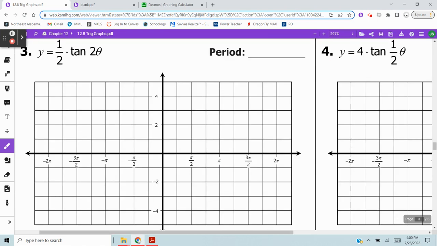Okay, we're going to do 2 more of these. On this one, we do have a vertical compression and we have a horizontal compression as well. The 2 is the only thing that's going to affect the period. Again, normally the period of tangent is simply pi, but we've got to multiply that pi by half. So that's going to be pi over 2, or we can call that 90 degrees is going to be our